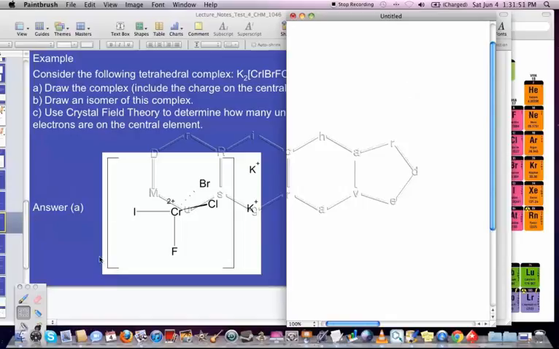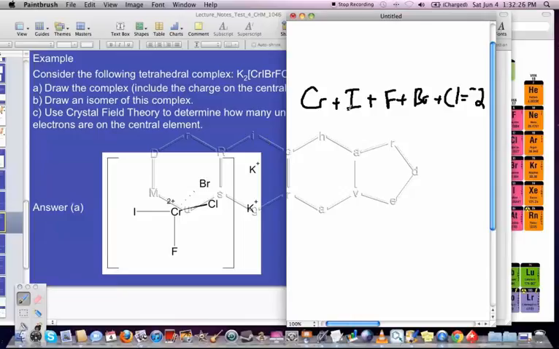And we'll do that by looking again at the charges of what's connected here and the charge of what's in here. Now potassiums are 2+. What that means is that everything on the outside is 2+, which means this is going to be 2 negative. So the chromium plus the I plus the F plus the Br plus the Cl all has to add up to -2. Now remember, this is 2 positive, so whatever's in here has to all add up to 2